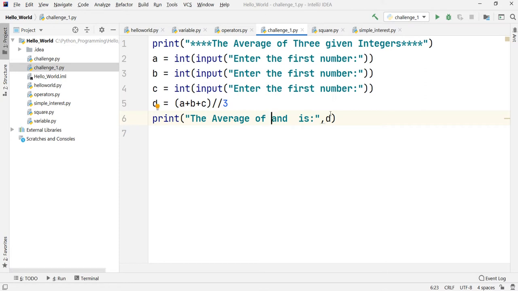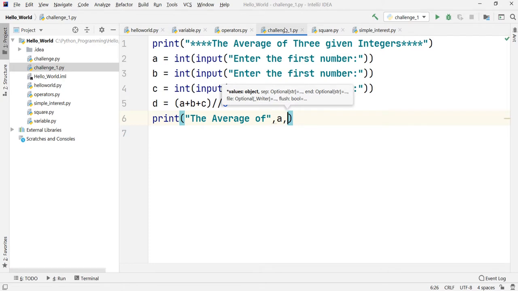To better understand, I'll just remove everything so that there is no confusion, and we'll write that line again. What I want is the average of, and now here I want to put the value of my first variable, a. So I'll put comma a, again comma, and then the average of first number is there.